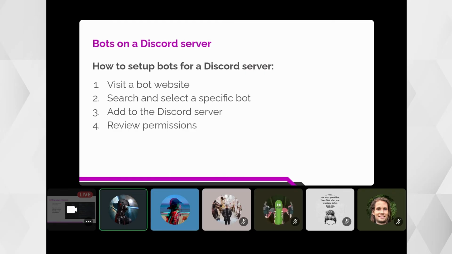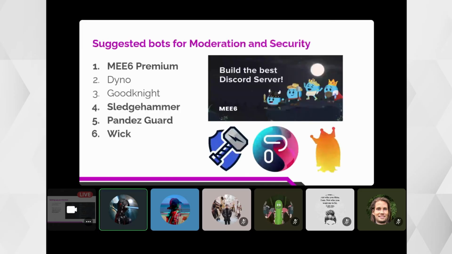So when checking out Discord server bots, I suggest using those that are relatively well known in the Web3 industry, on the Discord platform, or on top.gg. There is a star rating there and the number of votes. You can always refer to that to see if it's a legitimate bot or not. Luckily, here on Discord, I can suggest nice bots for security, for example, and other functions.